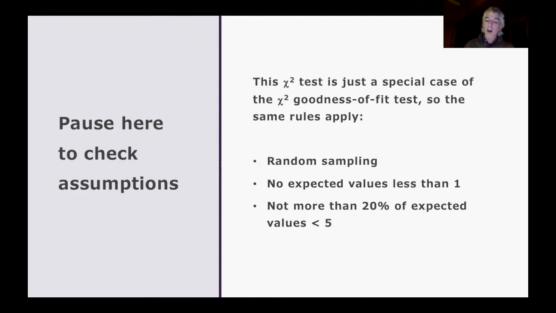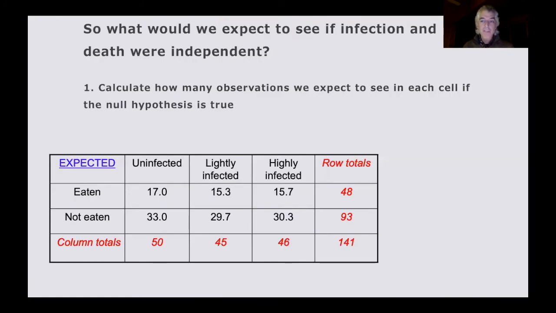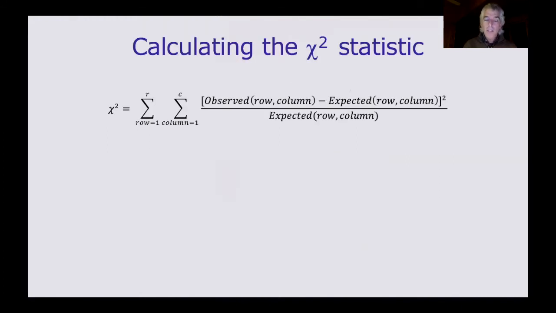are less than 5. So if we revisit this table of expected values, we can see that none of the expected values are less than 5. And so if the sample was collected randomly, the assumptions of our chi-squared contingency analysis test have been met. So since the assumptions of our analysis are appropriate, we can move ahead and calculate our chi-squared test statistic for